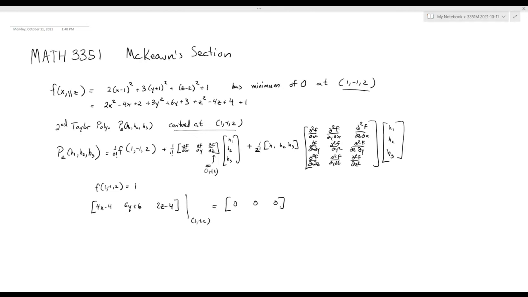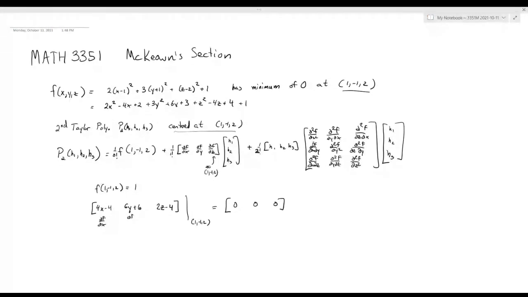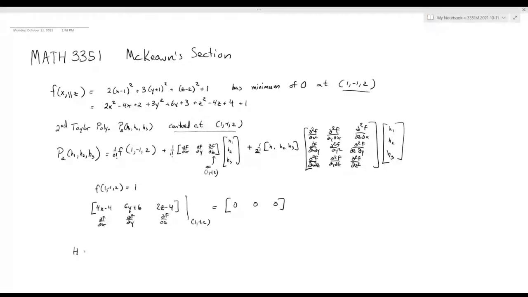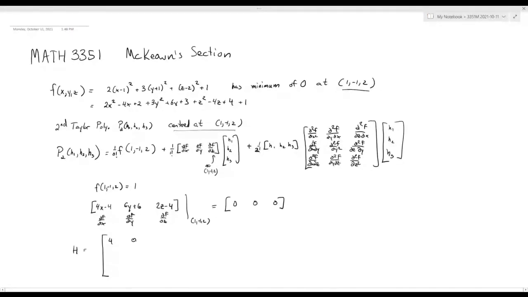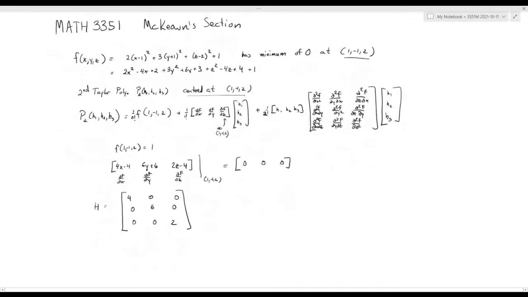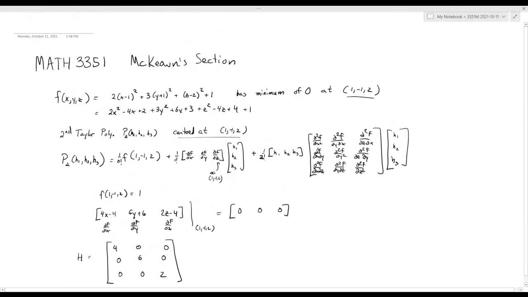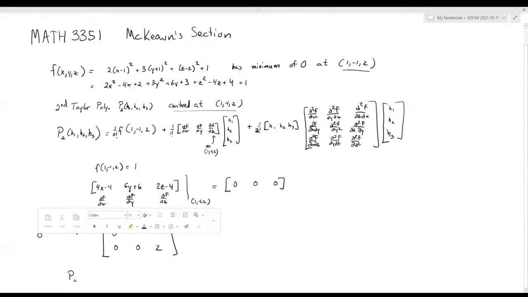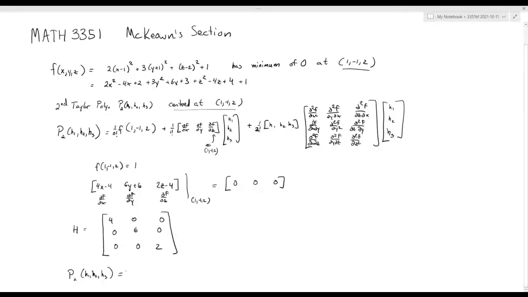We also have to then compute the second order derivatives. So that will give us our Hessian matrix. Four, zero, zero. Well, that's an easy one. And that's just constants. It doesn't matter where you evaluate this Hessian. So we have that the second order Taylor polynomial turns out to be 1 plus, well, 0 because the derivative is 0. And over here we have